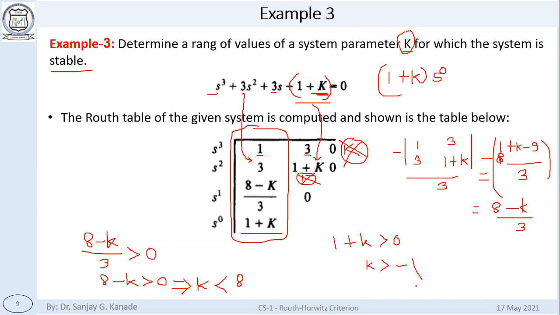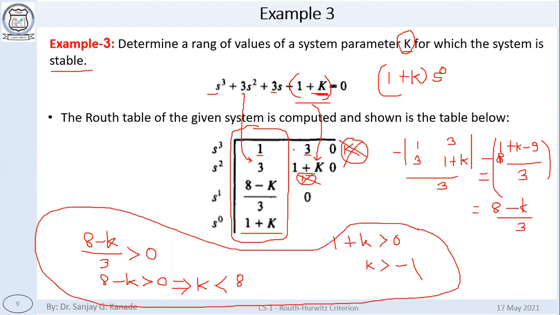Many students make mistakes in this last step, because I have been checking question papers of our students as well as for university for the last 4 or 5 years, and I have found that students make mistakes when combining these conditions. They write the Routh array correctly, but at the end they make some mistakes. So please, these are simple things. These are equality and inequality things that we have seen in school days.